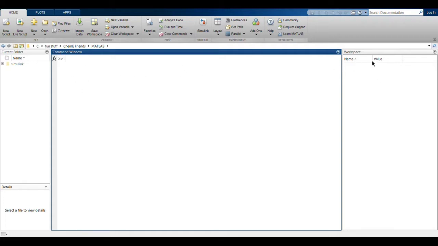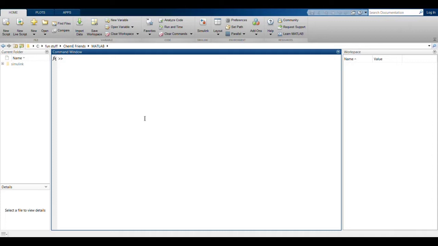The second part is the workspace. If you save a variable, it gets reflected in the workspace. For example, I assign a equals 1, and we can see that it's reflected in the workspace, a equals 1. And finally, this is the current folder, where whatever code you save gets saved. You can see the path of my current folder. It's in the C drive, and I have created a folder called MATLAB. So finally it gets saved here.